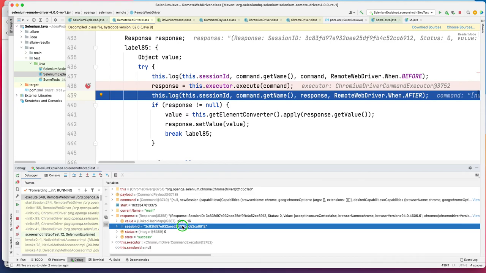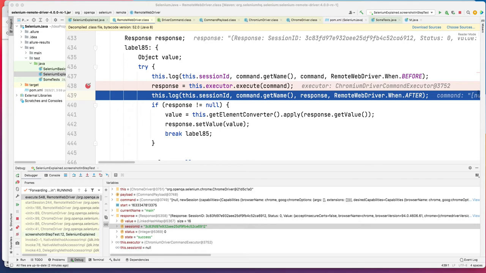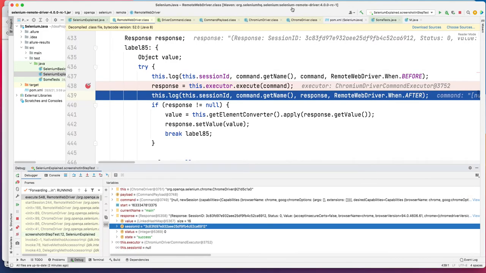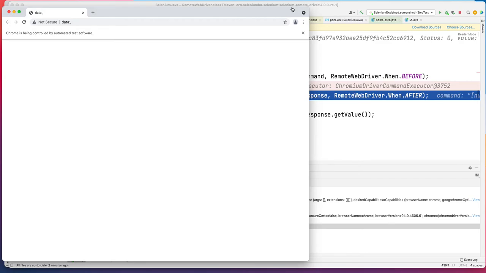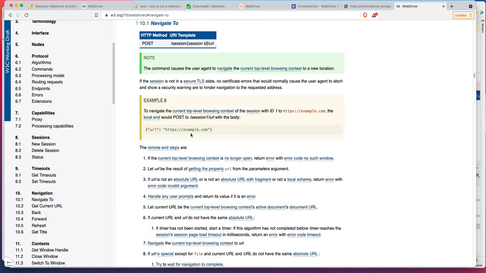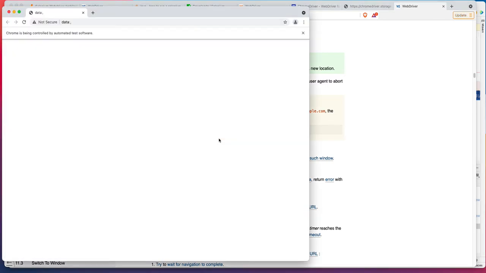So let's hack this and see how it's working. I will copy the session value, and to see what exactly happens in the backend, I'm using Postman here. I will use a session. As we saw inside the implementation page, when you go to a new session, you have to pass /session. Now let's go to navigate. The first step is get URL, right? You are going to tell Selenium in our code, if you see,